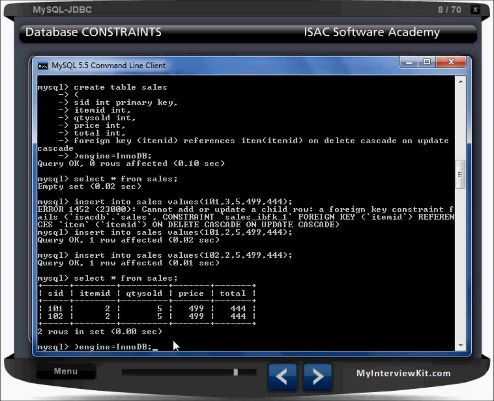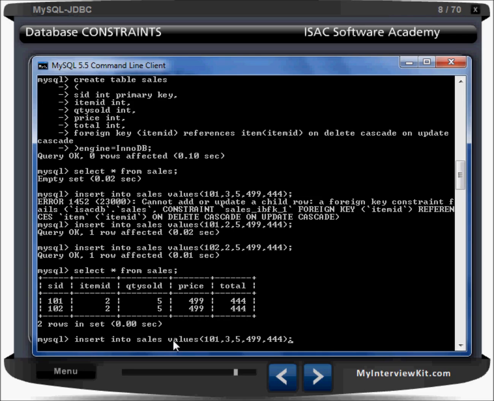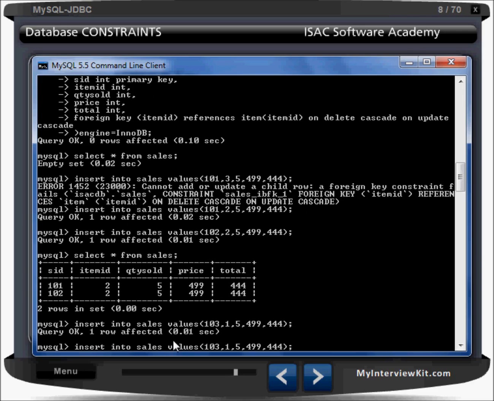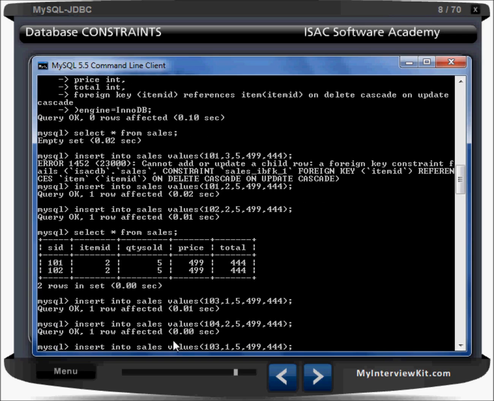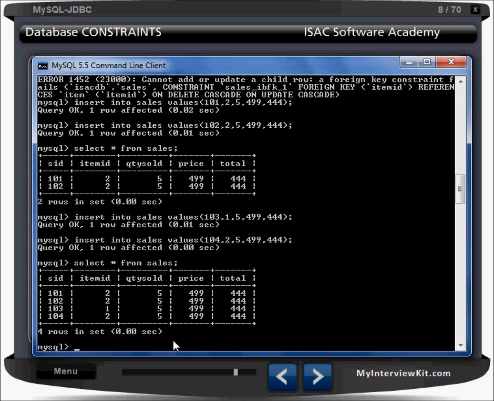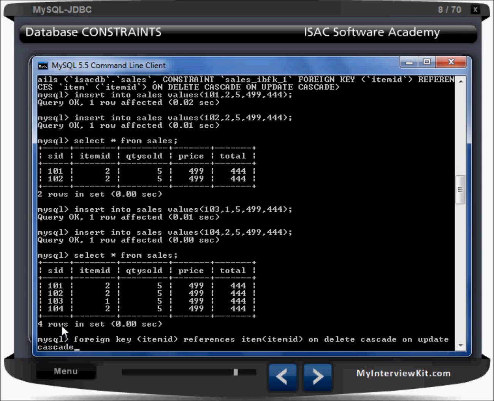Again, I want to insert, say I want to sell the product 1, right? Again I want to sell the product 2, it has been inserted, right? So I have 4 records in the sales table, and in the item table I just have 2 records. If you can see this item table now,